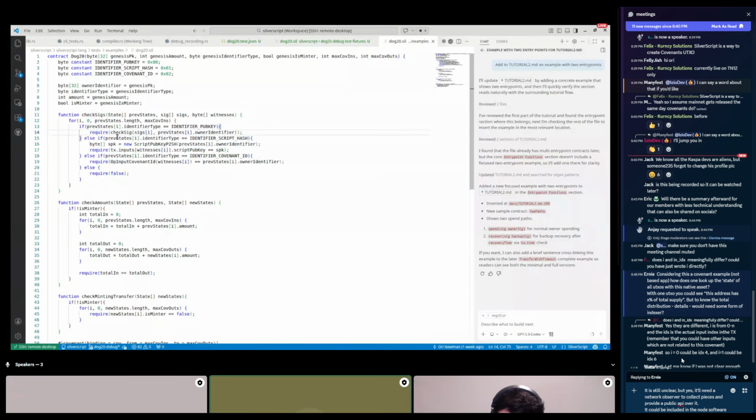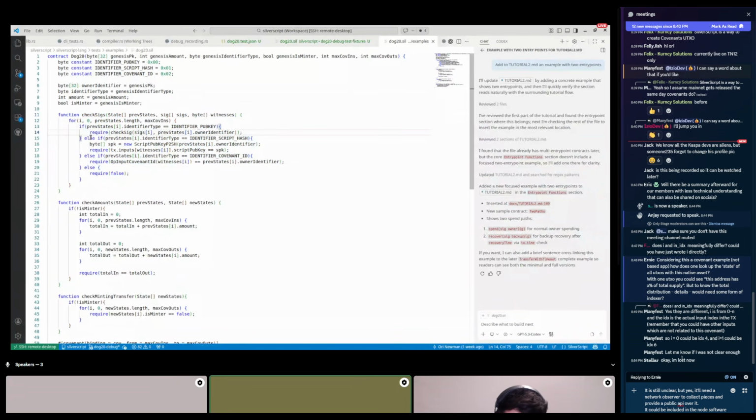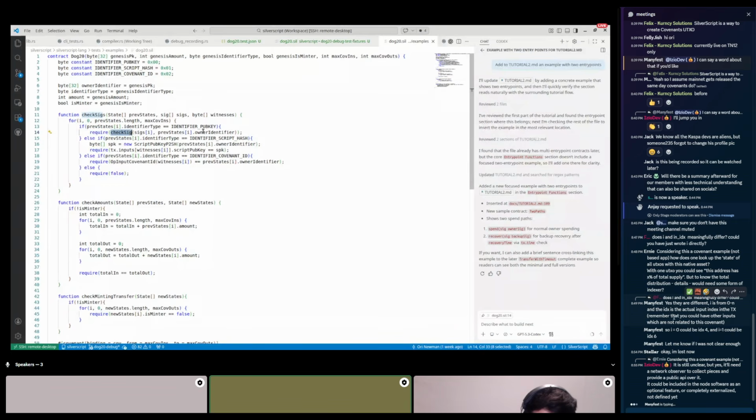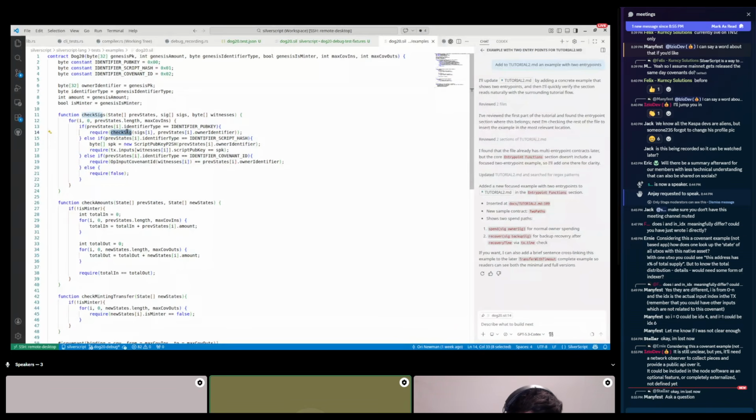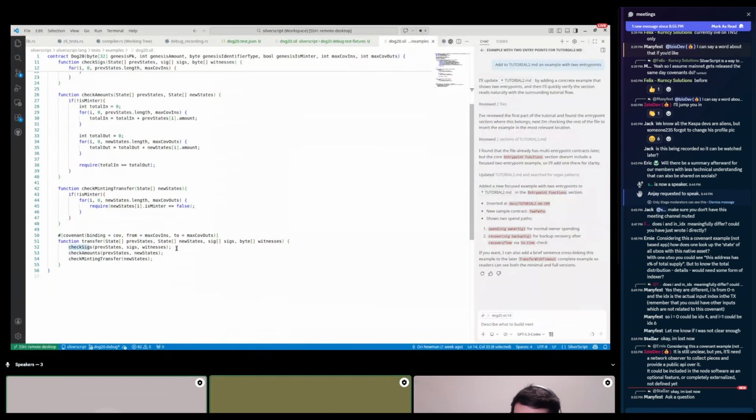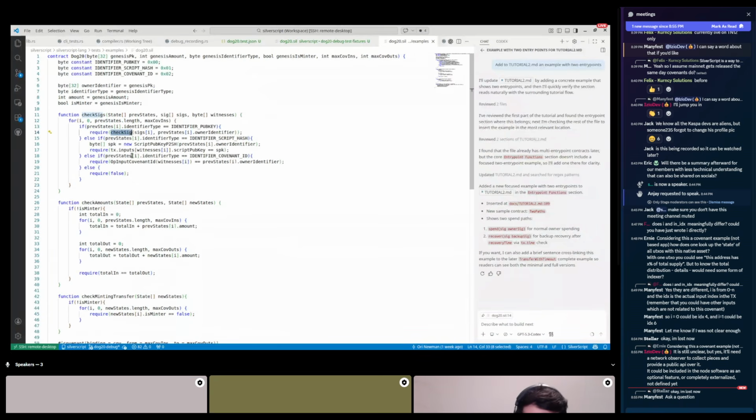I'll explain maybe later about different kinds of signatures, but the simple case is public key based signature, and this can be seen here. So checkSig is just the shortcut for checkSig, which checks a Schnorr signature against the public key of the previous owner of the UTXO. So each input state has to be verified for its owner.